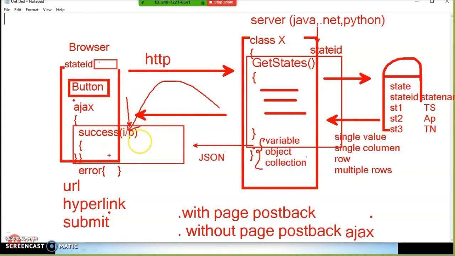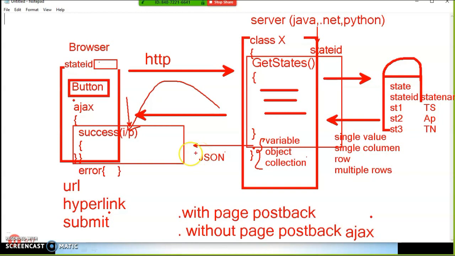So what is the callback here? When the user clicks on the button, first Ajax calls the server side method, and if the server side method is executed successfully, then the result of the server side method is the input for this success function. Is it clear? What input is it getting? JSON format. The output of the server side method is the input for this success function. Now what is the output you got? JSON. It may be an object or a value.